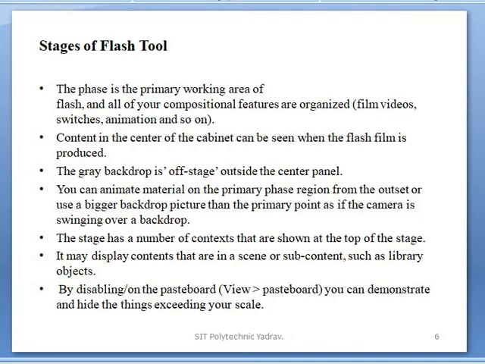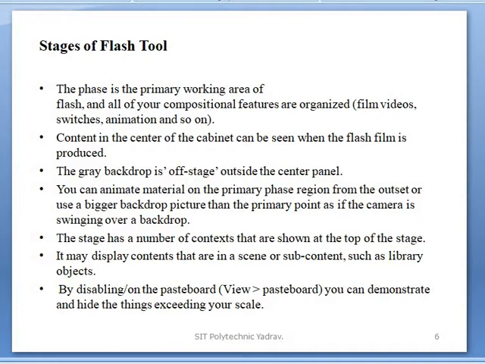Stage of the Flash tool. The stage is the primary working area of Flash, and all of your compositional features are organized there, that is film, videos, switches, animation and so on. Second point, the content in the center of the stage can be seen when the Flash film is produced.